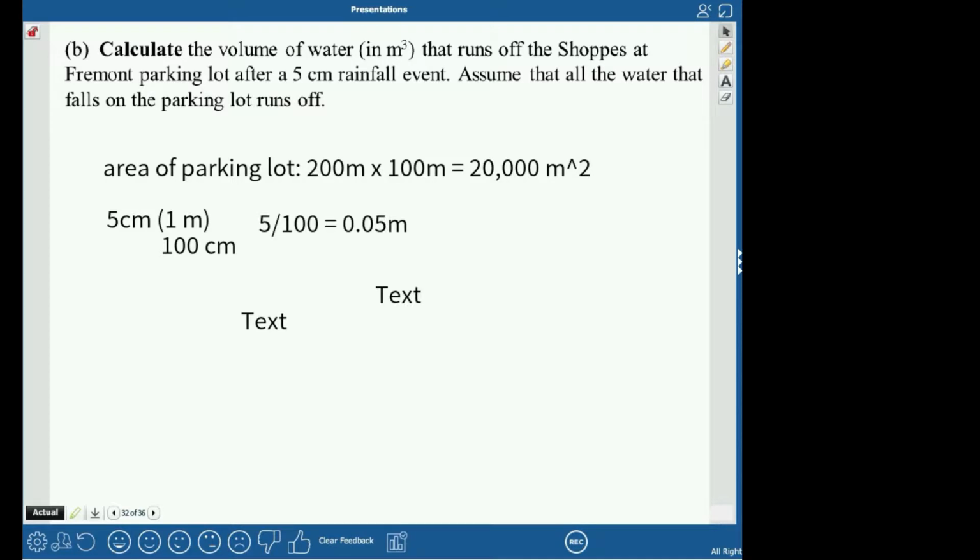Okay, I know I have all these text boxes here. So now, in order to get meters cubed, we'll take our meters squared and multiply that by our meters here, and that'll give us meters, meters, meters, right, meters cubed. So 20,000 meters squared times, I'm going to use the little asterisk for the times, so when you see it,